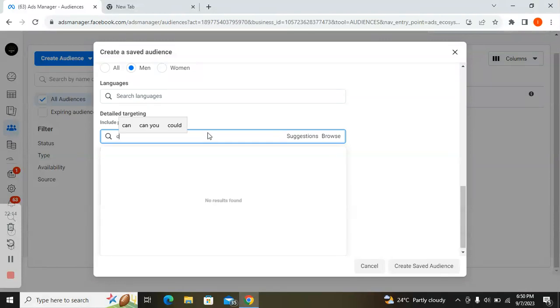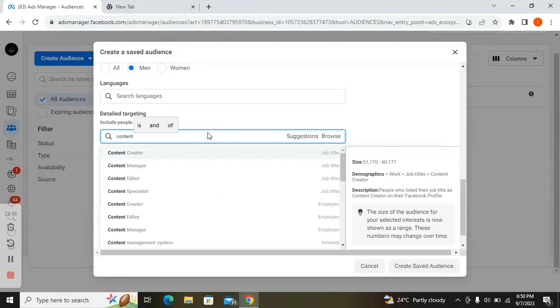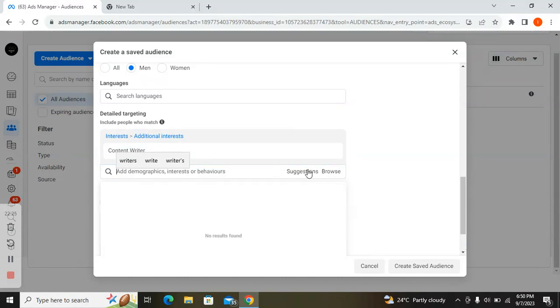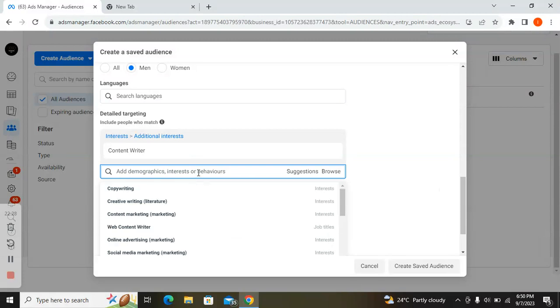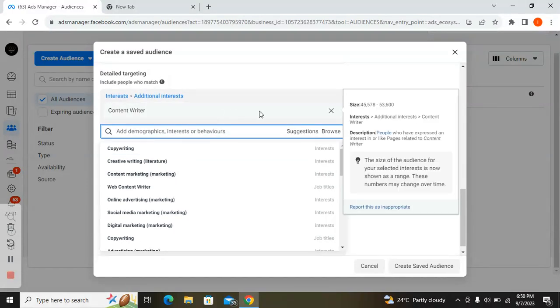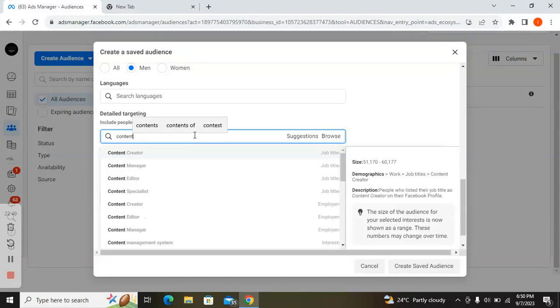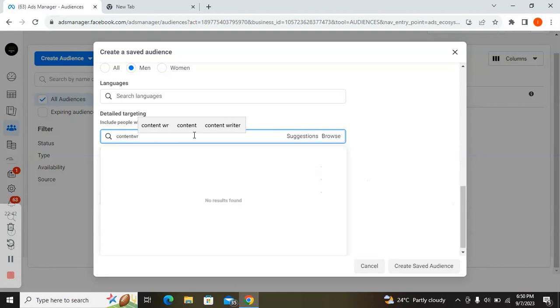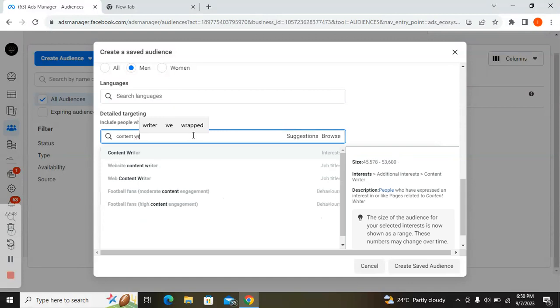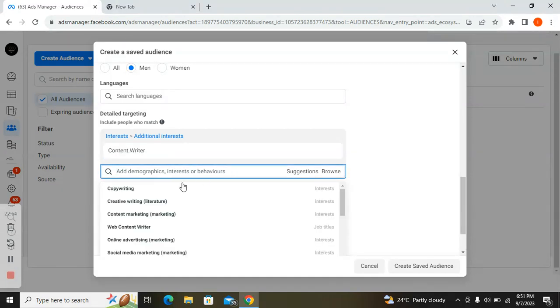You can come here and type in your keyword, content writer, and you're going to select this and click on suggestions. So you're going to click content writer and you're going to click on suggestions, and look at the interests